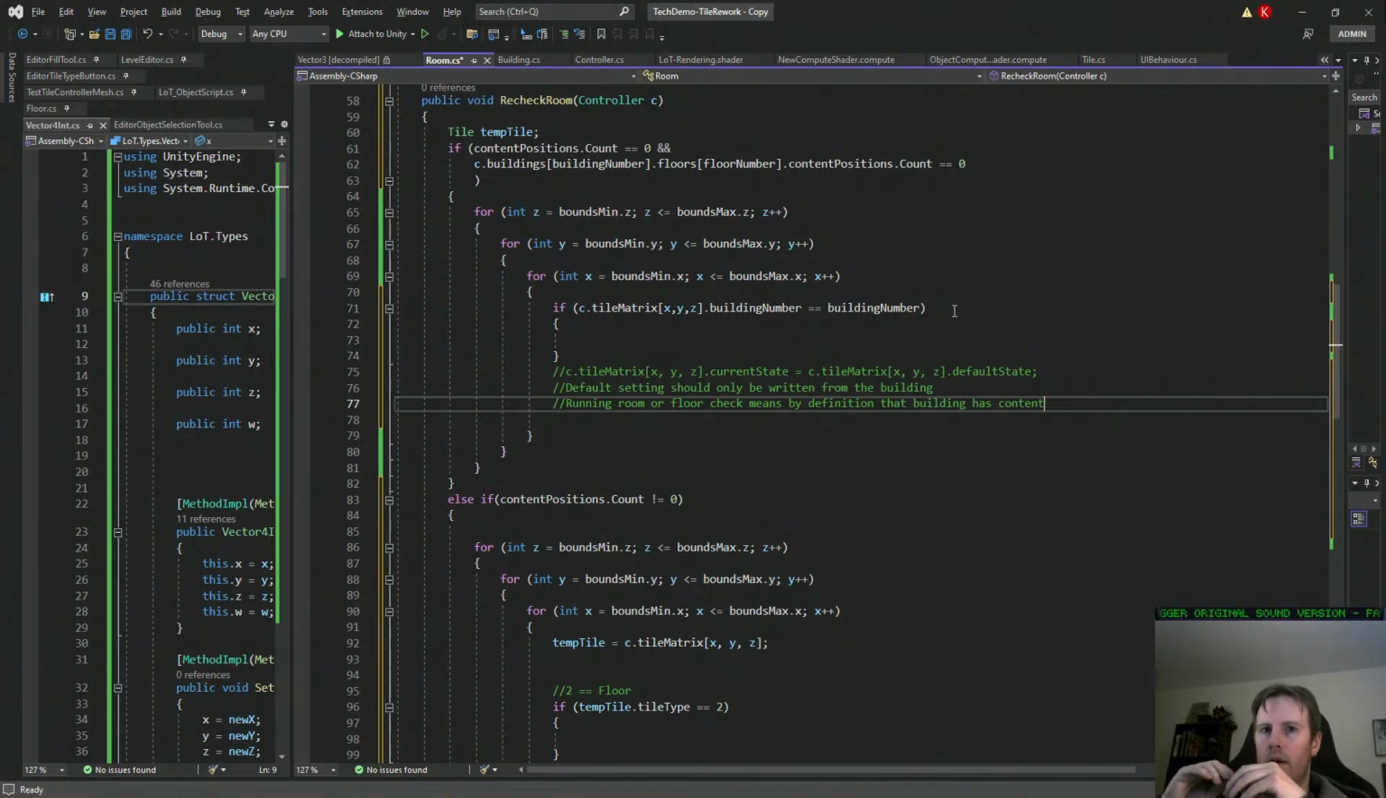But if you can find the floor level, I think that would be fine. Now,